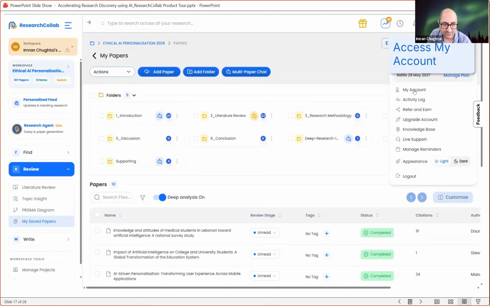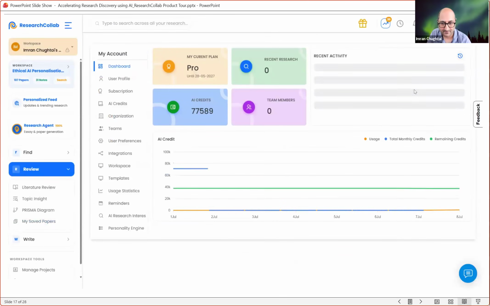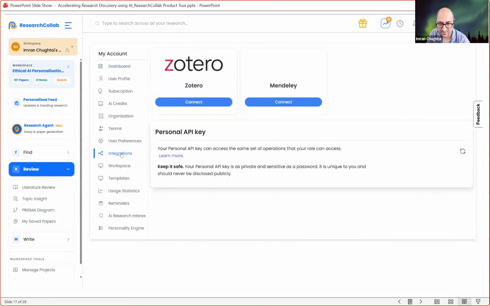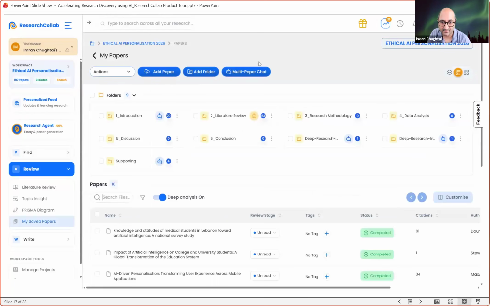The first step is that you click on the top corner and you go to My Account on the menu. Then you go to the integrations from My Account, and you can see that I've already connected Mendeley, and you could connect Zotero as well. Now, if we go back to the paper listing,